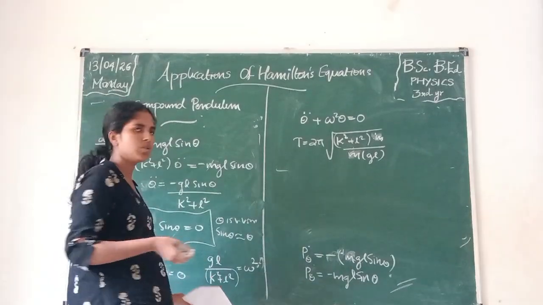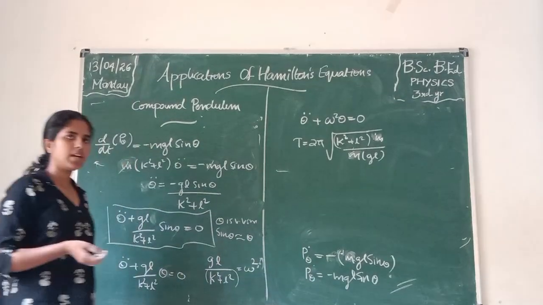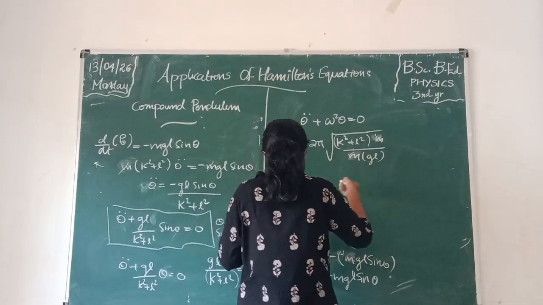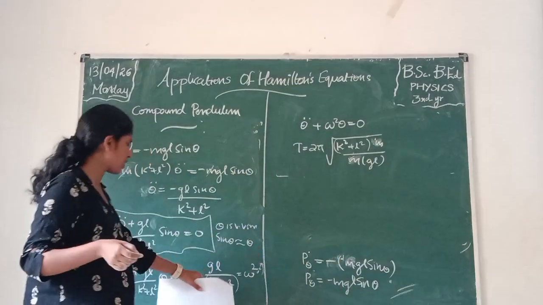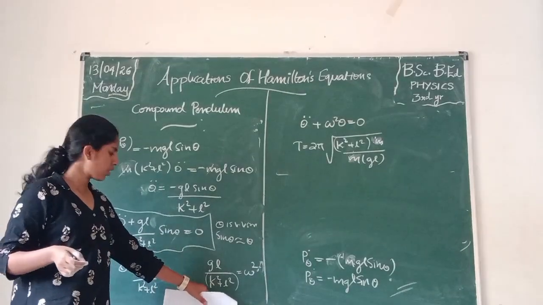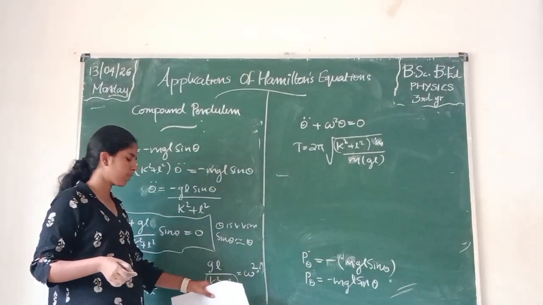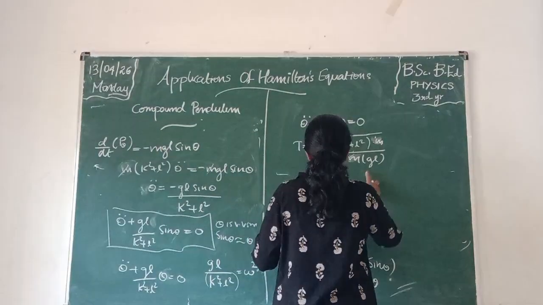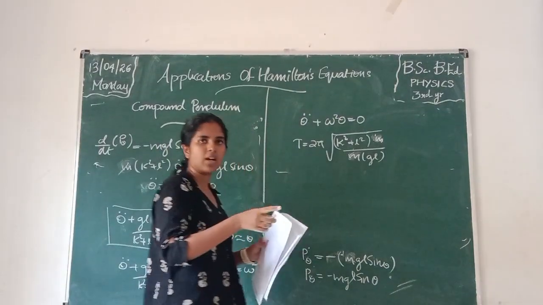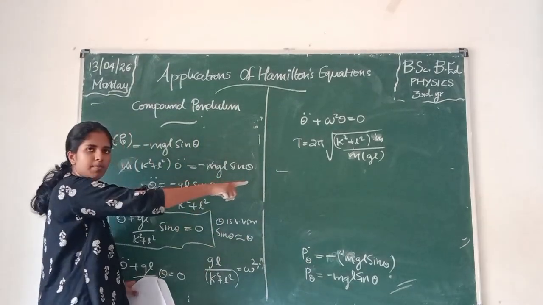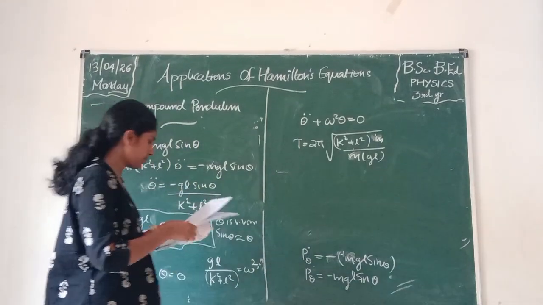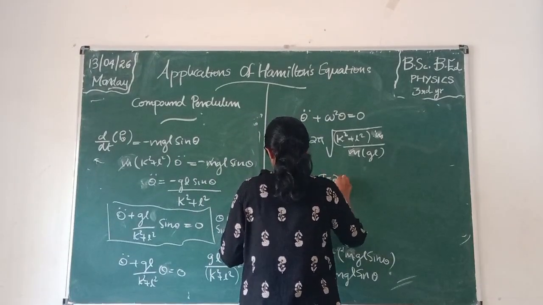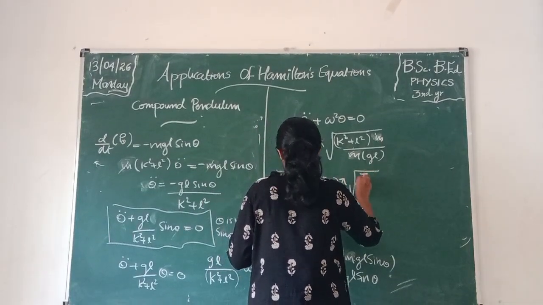So since omega square is equal to g l by k square plus l square, omega is the root of g l by k square plus l square, and in that way we are using T is equal to 2 pi by omega. So the value of omega is there. Okay, and here we get 2 pi by root of